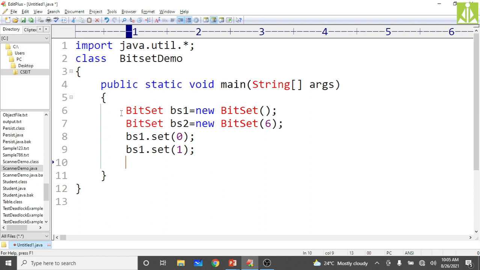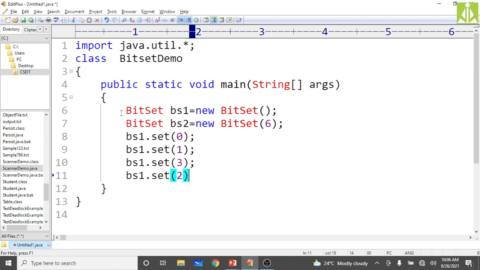Whatever you are assigning, it will be arranged in ascending order. When we print the bit set, at that time you will understand. That is also one of the advantages of using BitSet in our programming. Then bs1.set(3), then bs1.set(2).